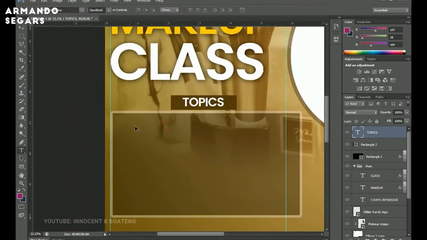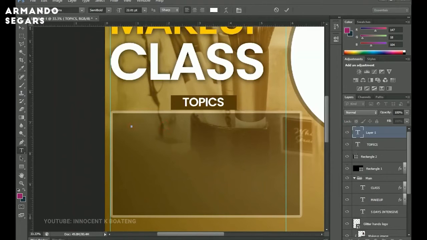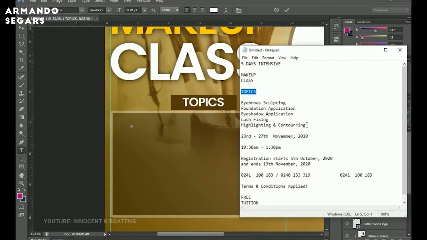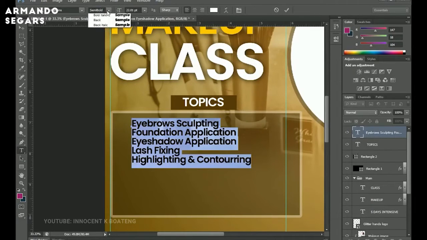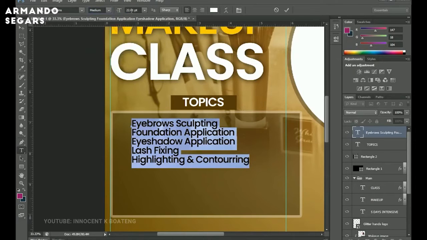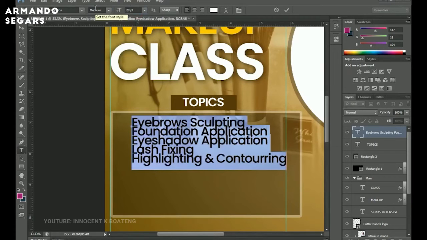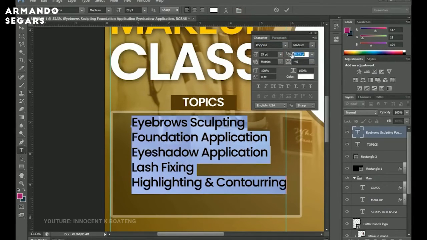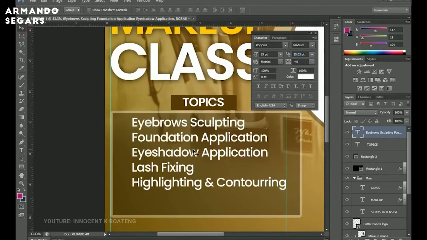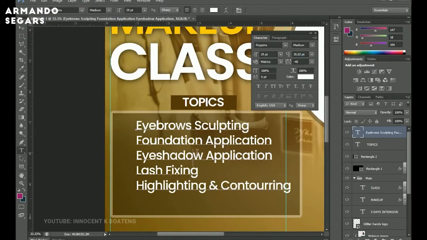So I'll go for my text tool and make a text here, and copy this text. So these are the topics that will be treated under the program. So I'm going to paste it right over there. Now I don't want this in the semi bold, so I'm going to select this one and choose medium. Let me increase the size a bit, so around 29 or 30 will do for me. And then the spacing is so horrible, so I can come into the toggle character and open up the leading somewhere around here like that,